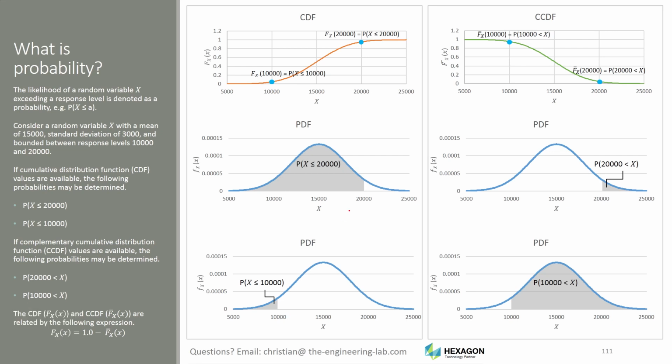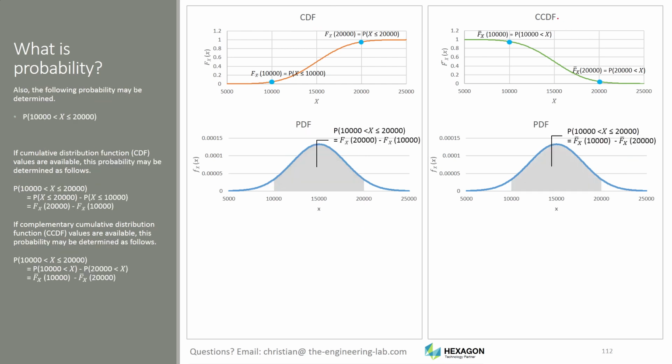A probability is the probability that you are to the left or to the right of a response level. If you were using the cumulative option, you would get CDF values from Dakota. This is telling you the probability that you are less than a response level. Here, this shaded area is represented by the probability that the random variable x is less than or equal to